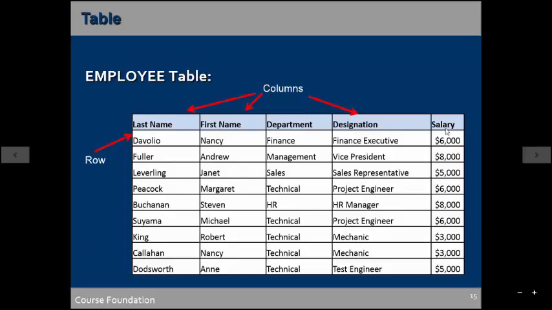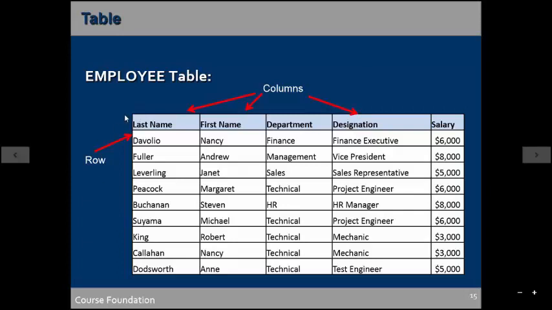Similarly, in every table you should give a column in such a way that it distinguishes each row from the other.